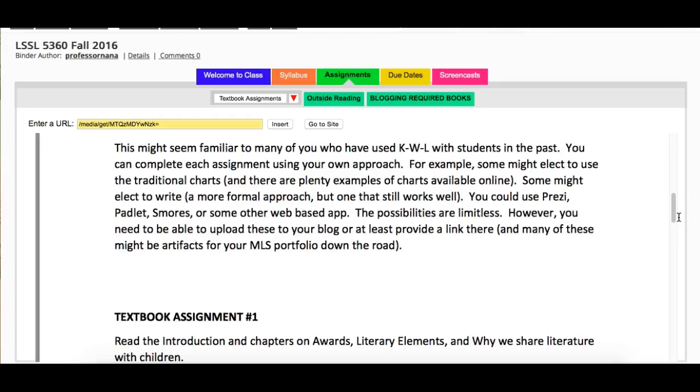And if you know others, certainly feel free to try to use those too. I think the possibilities are limitless. But remember that you have to upload these 5 assignments to your blog, or at least provide a link to your blog. And bear in mind that many of these might be really good artifacts to use in your MLS portfolio down